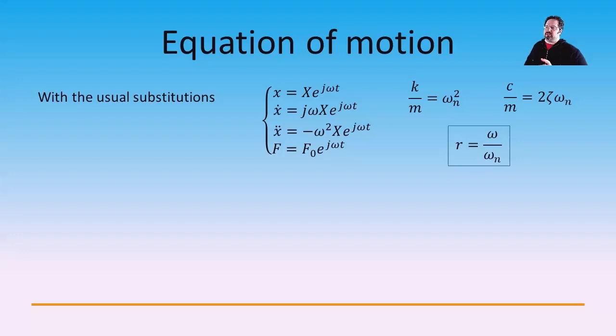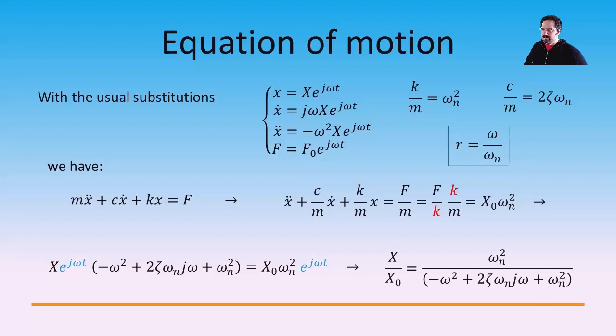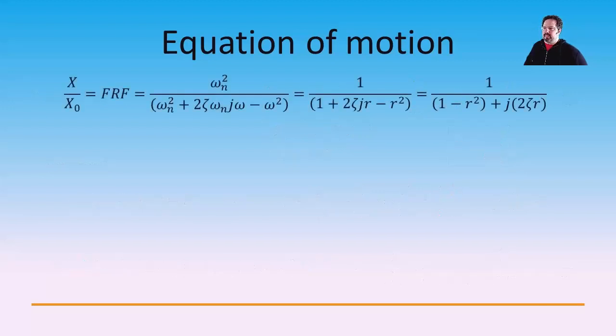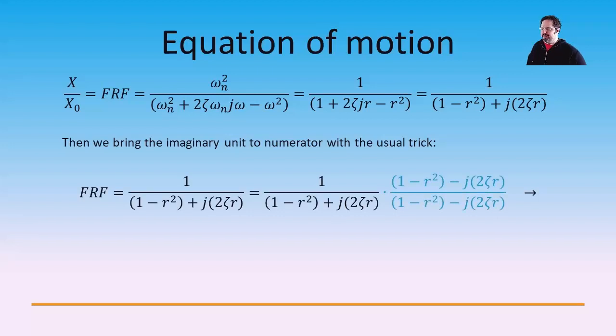With the usual substitution, we have the equation of motion that becomes the one you can see, and then again this one, and then again this one, and then we have the ratio between the displacement and the displacement at rest, that is equal to the frequency response function, and we have a formula, and then we bring the imaginary unit to the numerator with the usual trick, that is to say multiplying by 1,